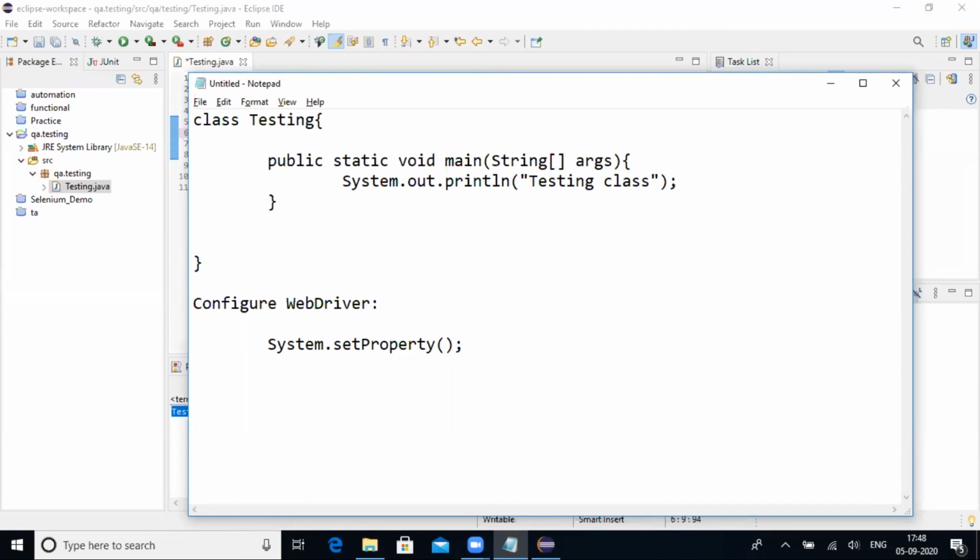What is the use of the setProperty method? It is used to set the property to the system. So whatever property that you need can be set over here using the setProperty method. For example, if you want to keep the Java version, set this property, then you can set. Or if you want to explicitly write some key value, then you can set. Browser versions, all the key value pairs can be set as a property to the system. That is the use of the setProperty method, which will accept key and value.